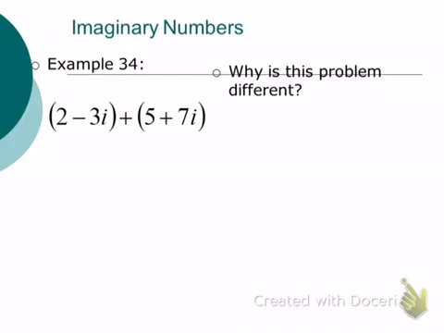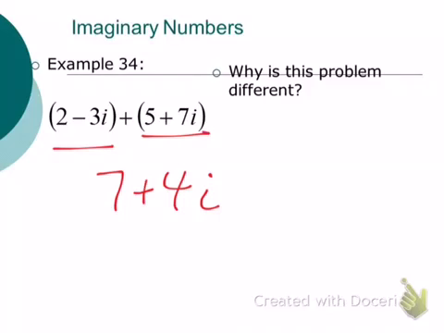The way we add complex numbers is we add their real parts and we add their imaginary parts, and that's it. It works just like adding an algebraic expression, but keep in mind this is not an algebraic expression. This is one number here, and this is one number there, the complex numbers in standard form. So what do I get when I add these two together? 7 plus 4i is correct.